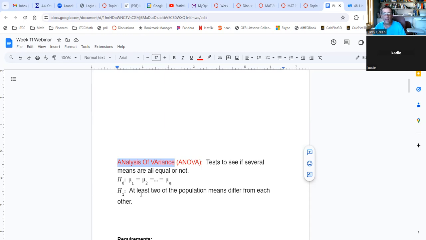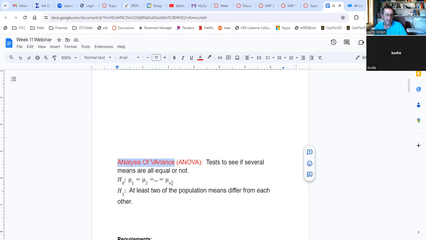The way to state the alternative hypothesis, what I've learned from practice, is that if we do it in symbols, everyone is confused. So I don't do it in symbols. We're going to do it in words: at least 2 of the population means differ from each other. And for examples, we'll talk about what the means are about. Don't just say it in words like this. And also H naught,